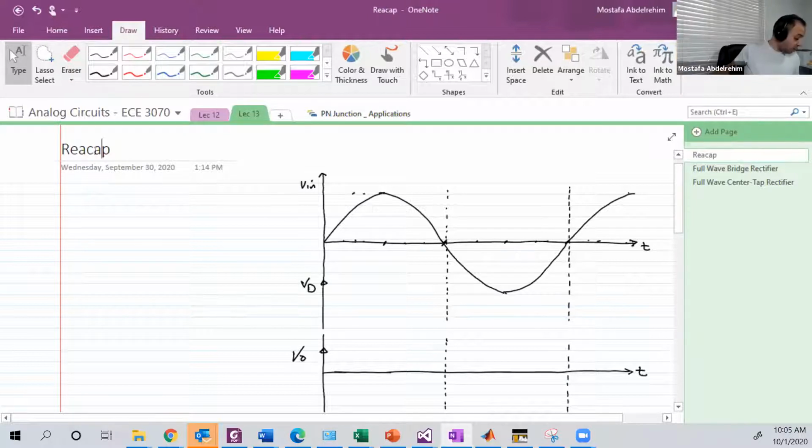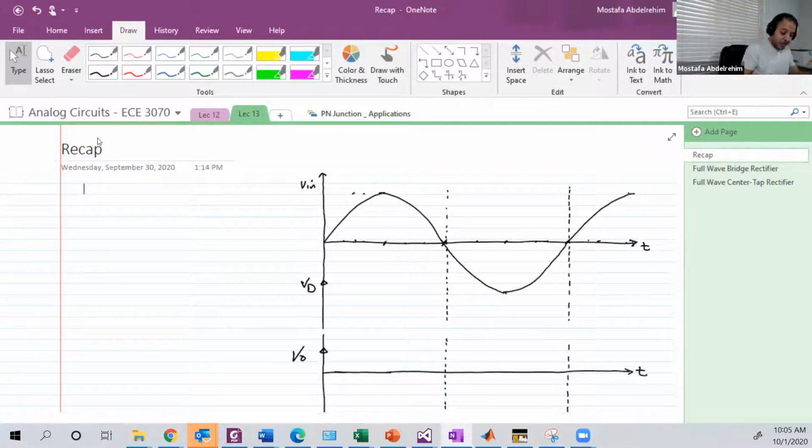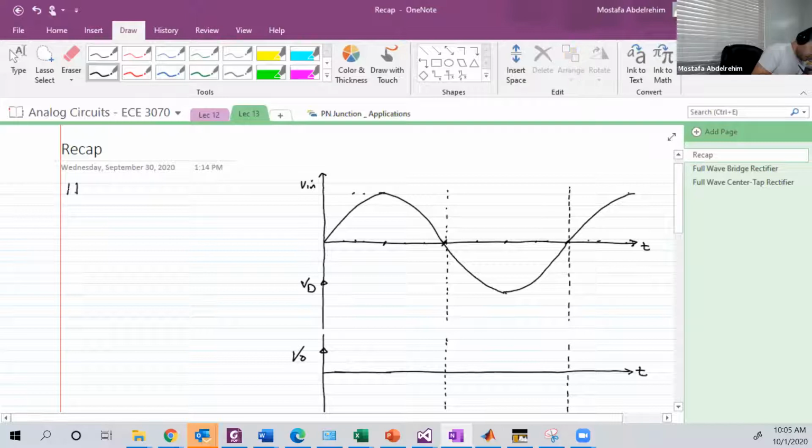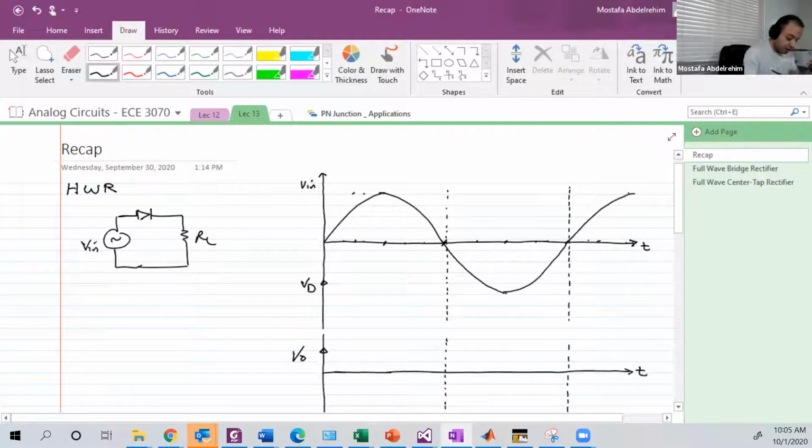So today we're going to continue the rectification. In half-wave rectification, or half-wave rectifier, we have only one diode like this, and here is our load, and here is our source that is AC, and you want to convert it into DC, and the output, or the voltage on the load here, VO or V load,